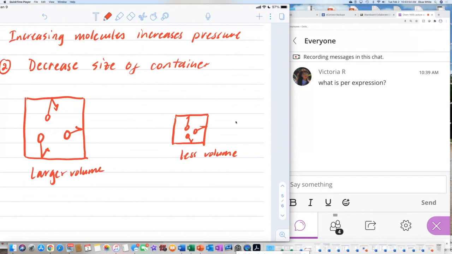What do you think will happen? So when I go from left to right, if I decrease container size, what do you think this does to the collisions? Do I have more or less? What do y'all think? To the collisions. So at this point, while you guys are thinking about it, I usually talk about a story